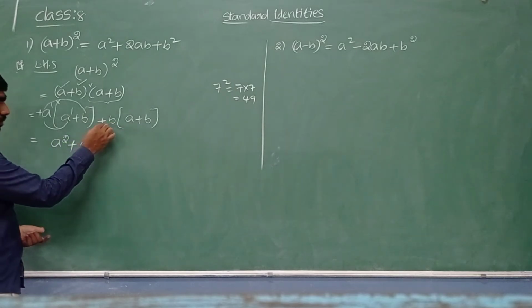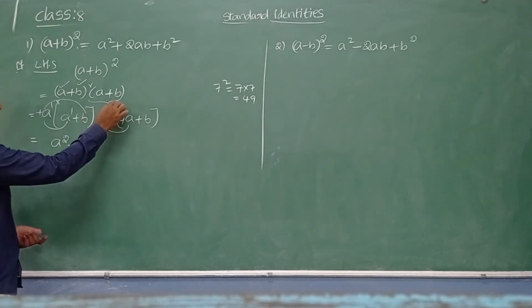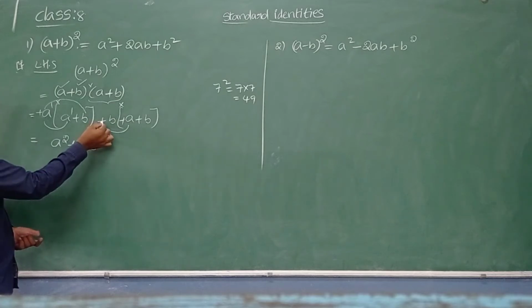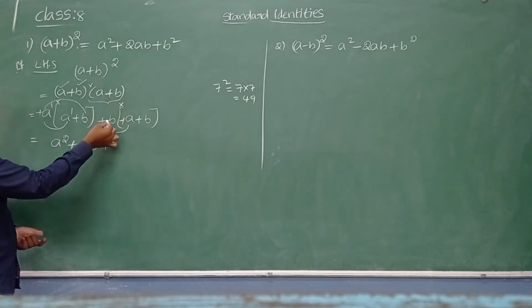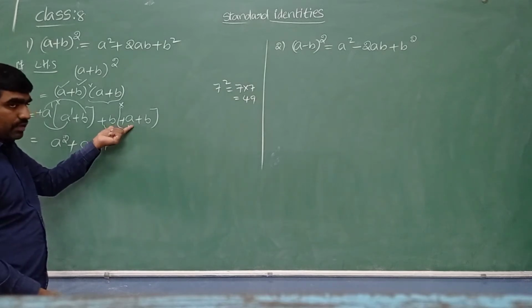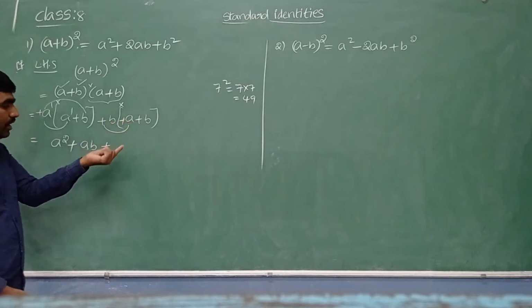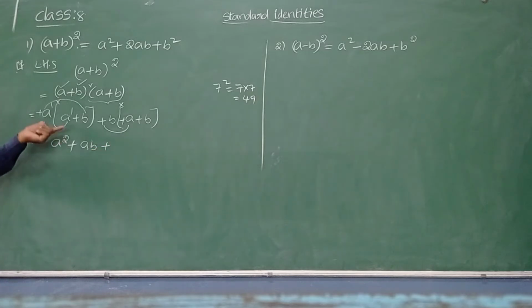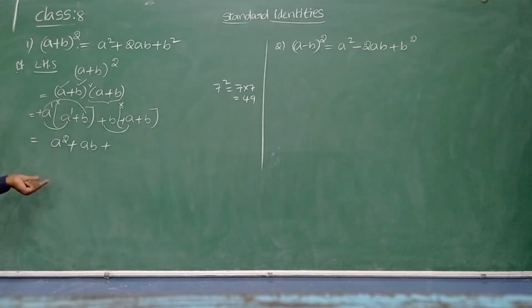First multiply the monomial with the first term. Here no symbol means plus. Bracket means into, plus into plus is plus. B into A, different variables. How can you multiply different variables? Different variables we can't multiply, we write them together as a product. But when we have same variables multiplication, write only one variable and the resulting power is the sum of the powers.